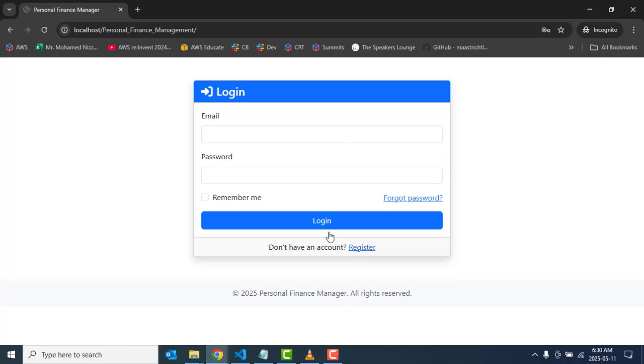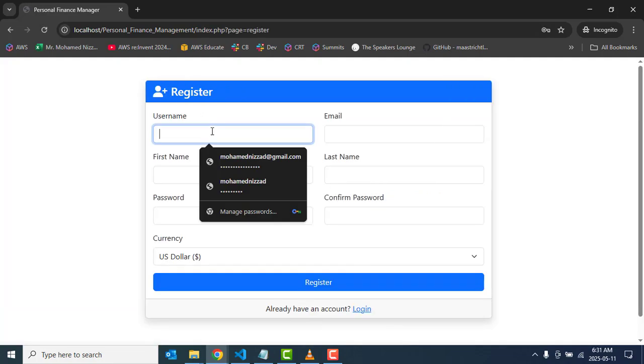The app is basically a financial management app. The interesting idea is that anyone can register as a user, and they have exclusive access to their particular financial data. So let me create an account. This app is designed as a web application, so anyone can register using their particulars. For example,